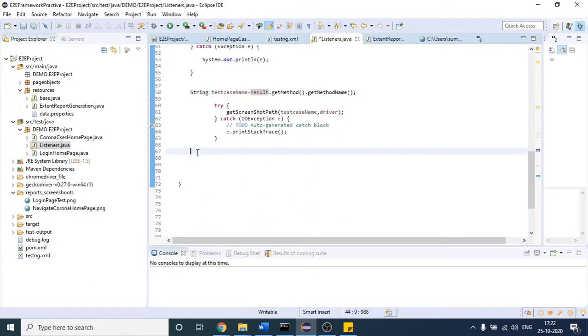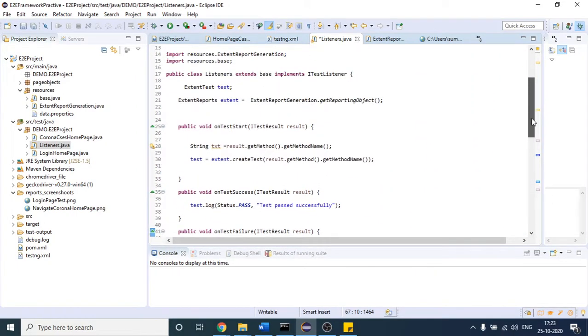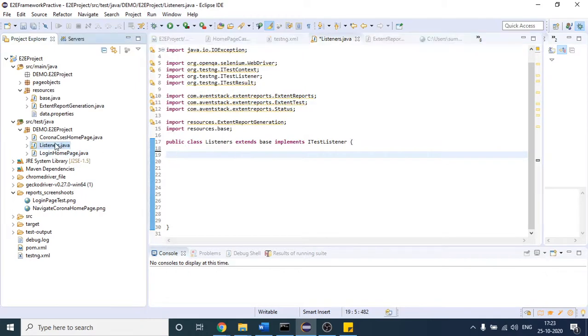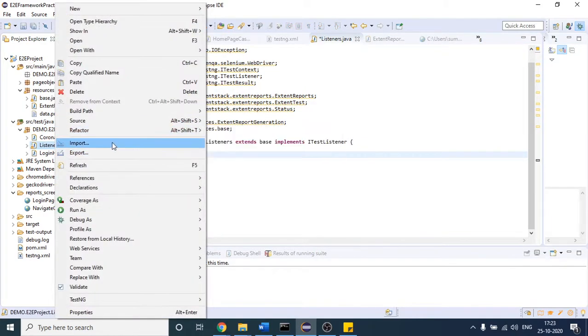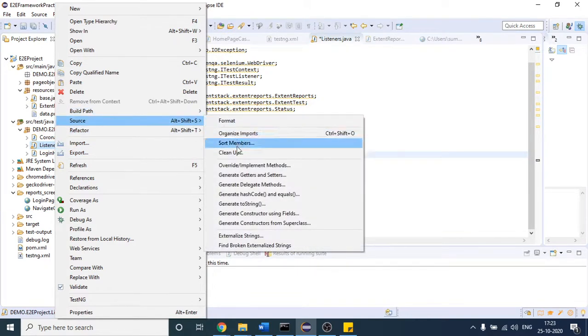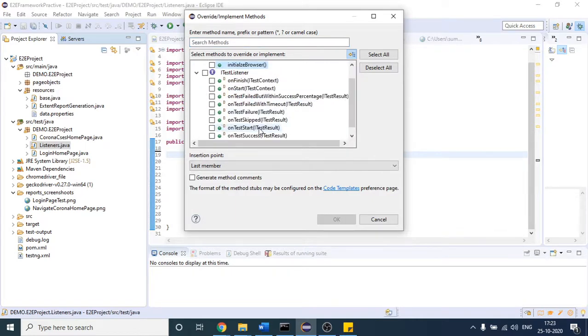After that there is one more thing. I think there is one more method as well. Let me do one thing, I actually want to use one more method here. Let me click this, refactor, no, this one. If I expand this, on finish, right, I actually want to get this method as well.